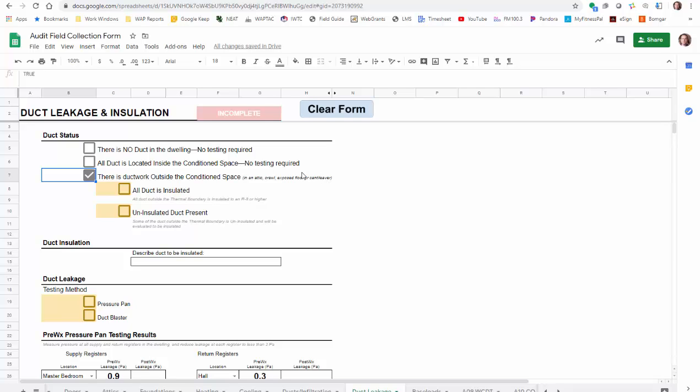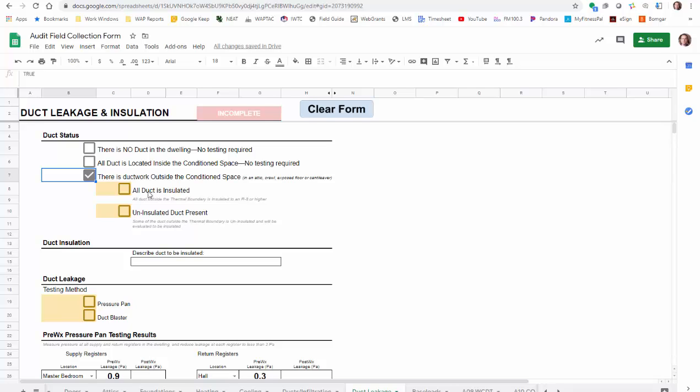So anytime you have duct in an attic, crawl, exposed floor, or cantilever, you have to do duct leakage testing. So you need a way to identify that and document that, yes, this is the case. I do need to do this testing. So on my form, when I check that box, then it tells me I need to answer the next question, which we'll talk about in a second. And it also tells me I need to do some duct leakage testing. So the next thing there is, I've identified there is some outside the condition space. I do need to do some duct leakage testing. I also need to